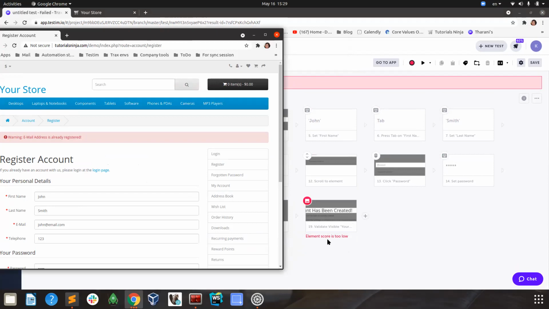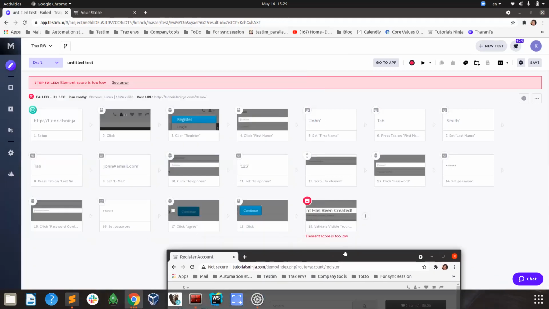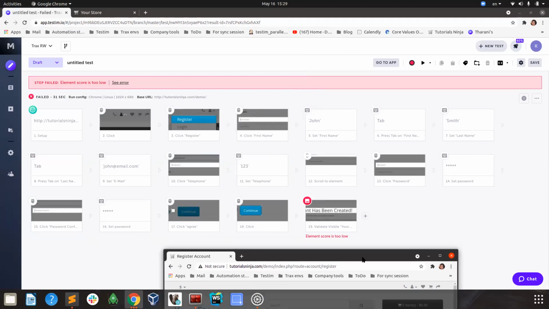Okay, and we can enhance this error to make it more readable for people to understand what exactly went wrong. Okay, but this is not how we want our test to be, right? We want our test to pass in this case. What is the issue currently with our test is that we are trying to register a user which is already registered in the application. Right. In order to solve it,